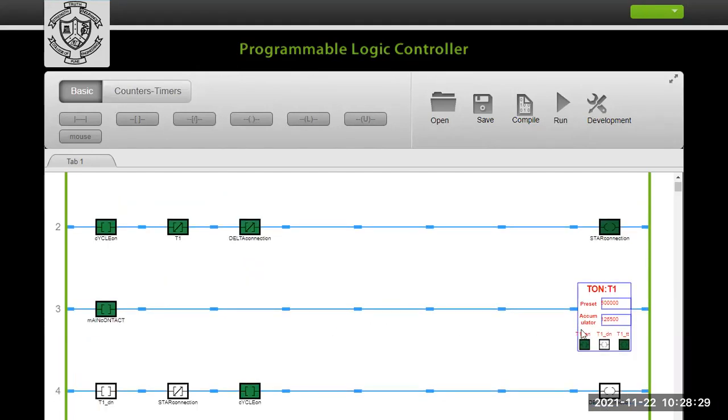And you can see after the completion of the preset value, when the accumulator reaches the preset value, then the timer DN bit will be enabled. Whenever the timer DN bit is enabled, here you have to cut, it will already cut. Here also you have to write the timer T1 DN bit. So the timer T1 DN bit will enable; now it is 0 state, then it will reach the 1 state. So it will allow current to flow.